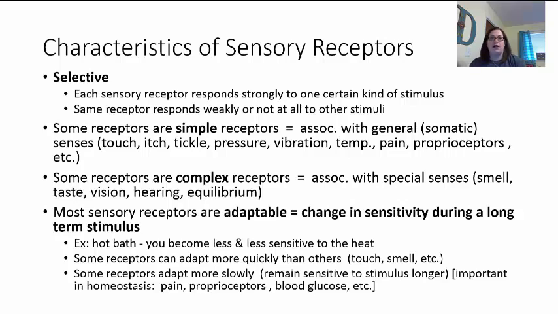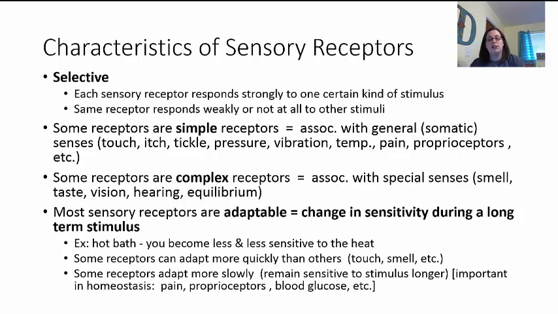Smell also goes very fast. One of the best examples is if somebody has run over a skunk, or you may have been the one that ran over a skunk, and the smell is in your car and you're like, oh, it smells like skunk, but then you get used to it. And if you go pick up your friend and they get in, they're like, oh, you ran over a skunk. They can still smell it because they just got in the car, whereas you got used to the smell. So smell can adapt pretty quickly.